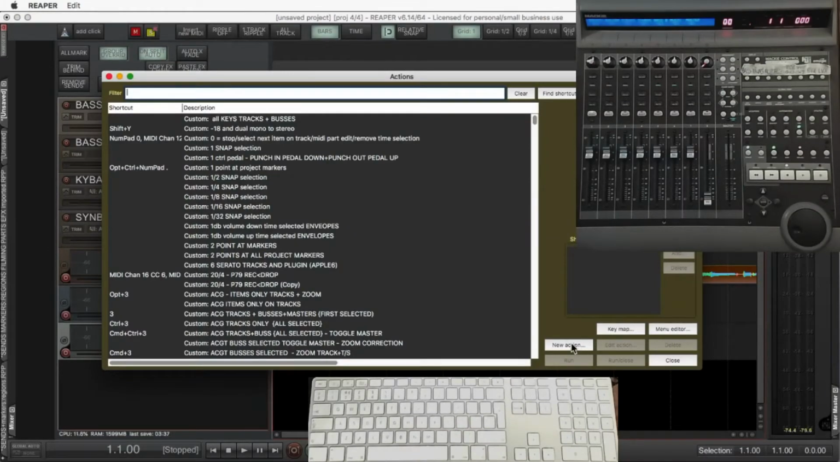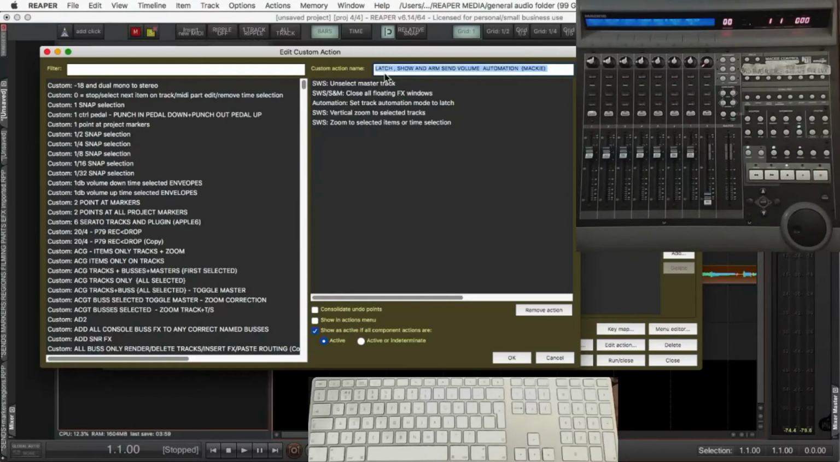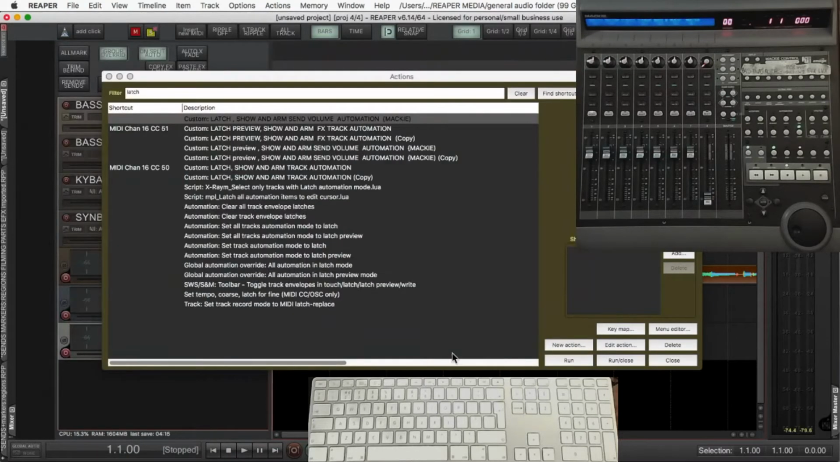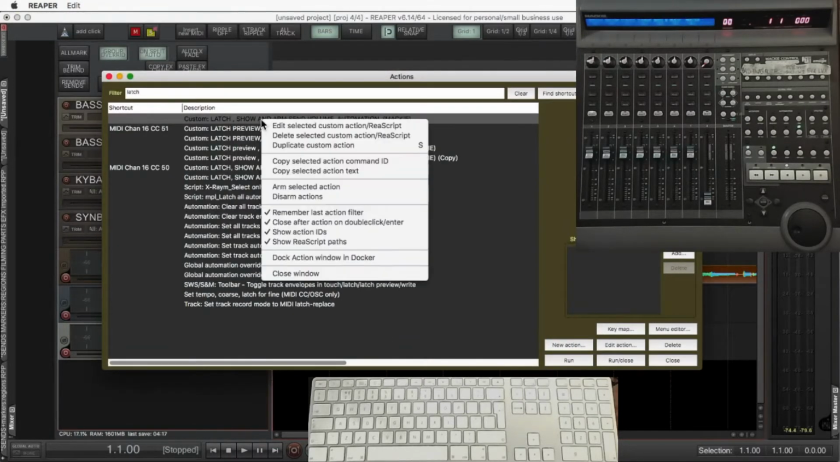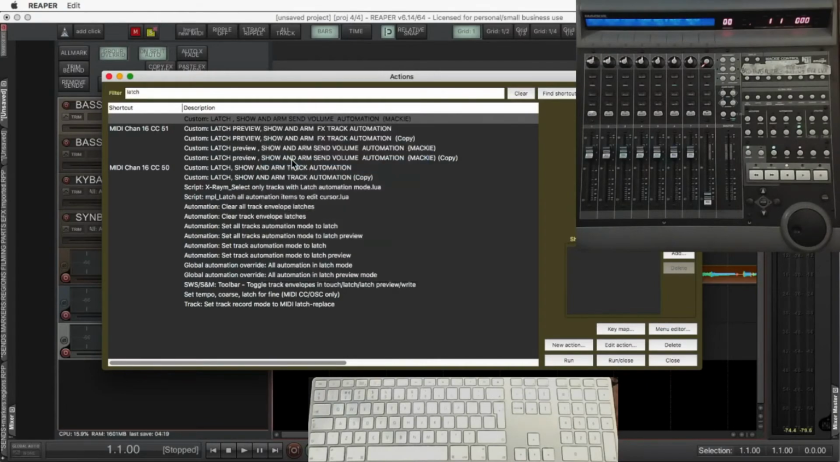I'm going to make a new action, new custom action for the Latch button. So these are the actions I'm using to make this custom action. Type these into the filter. When they appear in the left-hand box, drag them to the right. Make sure your right-hand box looks exactly the same as this, and make sure you name it. Don't need a hotkey for this, just right-click, copy selected action command ID,